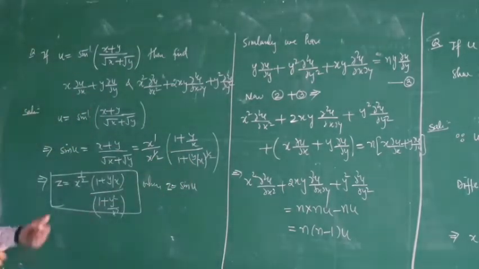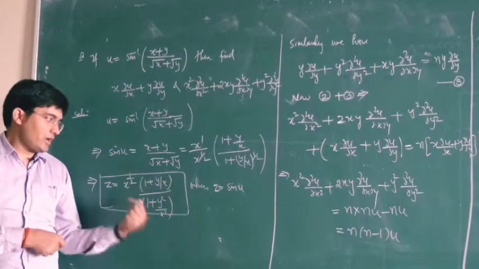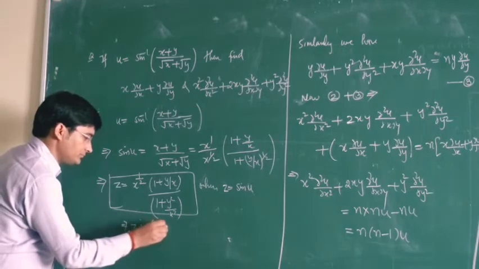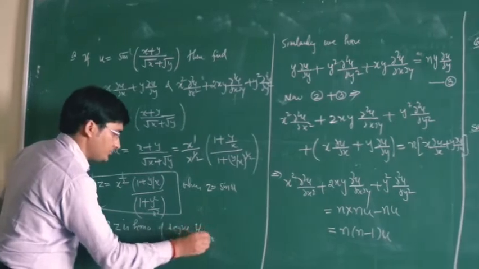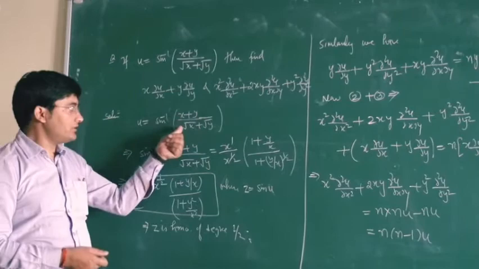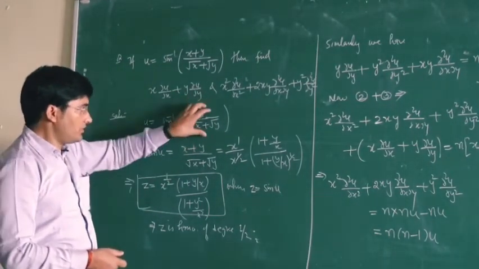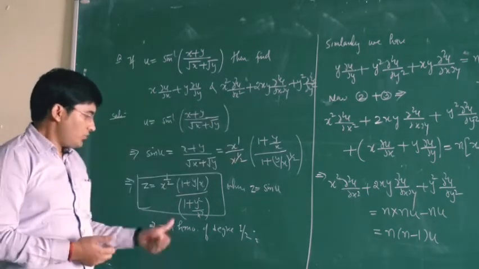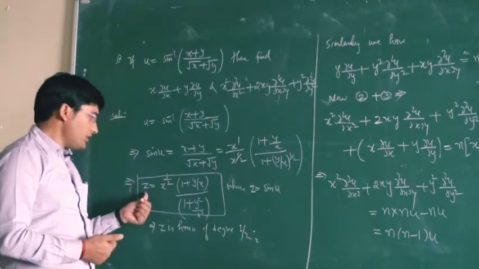Now here you can see that your z is homogeneous because we have some x power n into some another function of y upon x. So we can say that z is homogeneous of degree 1 by 2. We can directly guess the degree, because the degree of the numerator is 1 and the degree of the denominator is half. So the degree of this function will be 1 minus half, that means the degree of the numerator minus the degree of the denominator. We can directly guess the value of n. So here our n is half and your z is homogeneous.